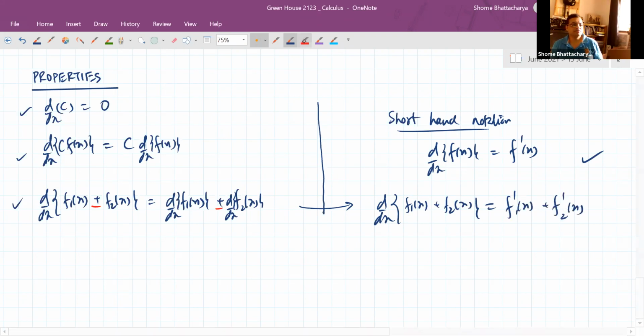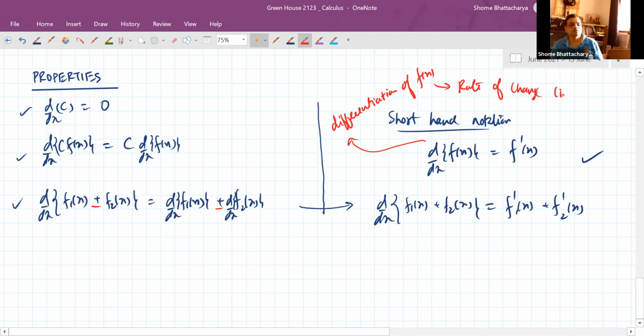So this prime itself means it is differentiation. Okay. So differentiation of f x, which gives us the instantaneous rate of change, is also given by this short form. And this short form is sometimes also called the derivative